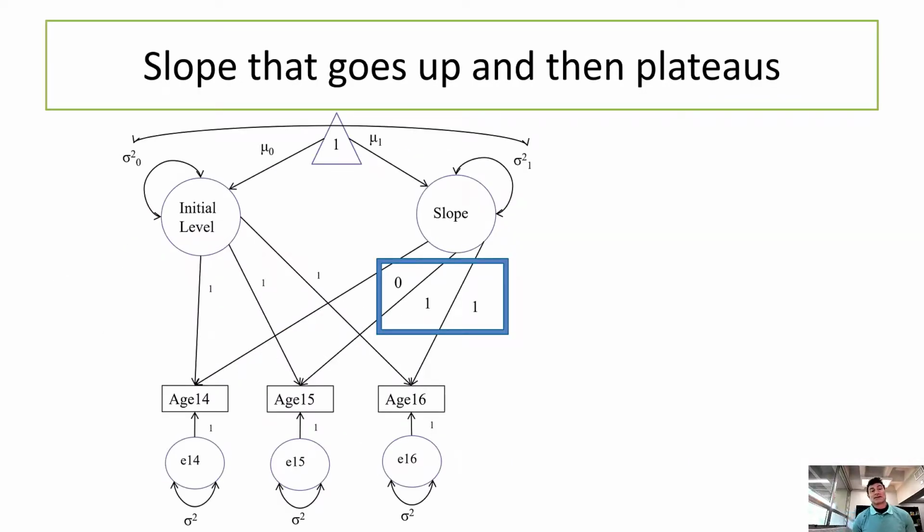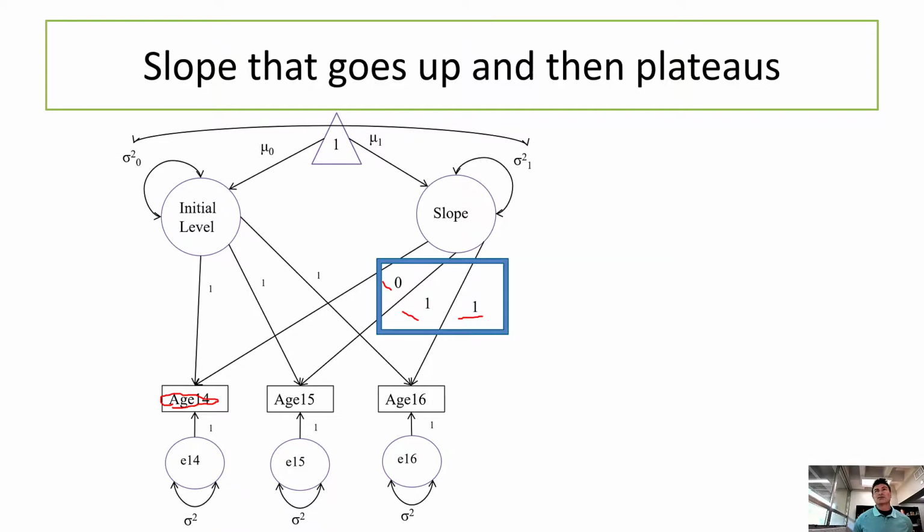We can also decide, so with the latent basis model that I pointed out, we allowed M+ to decide how much things are changing. We could have a slope that goes up and plateaus. So I could test the fit, and I've got a slightly different example here, but it's the same principle. We could tell M+, hey, there's a big amount of change from time 1 to time 2, and then it plateaus. There's not going to be any more change over time. So that could be another model, and we fit that to the data. Is it a better fit? Now we can fit all kinds of trajectories and not just straight lines.